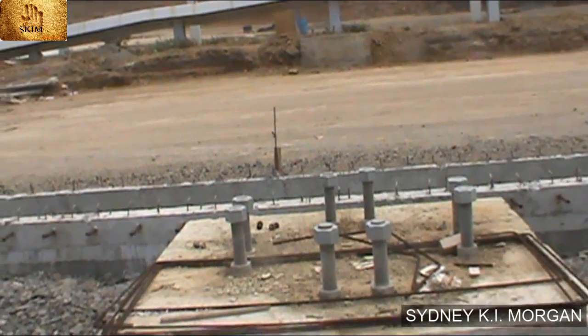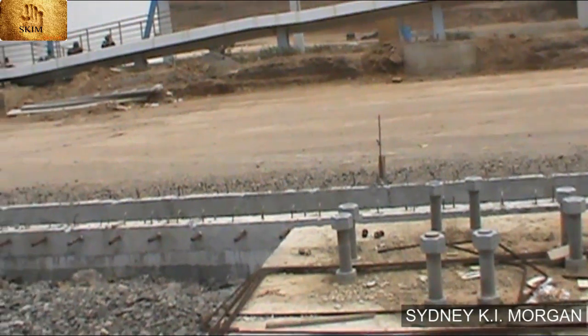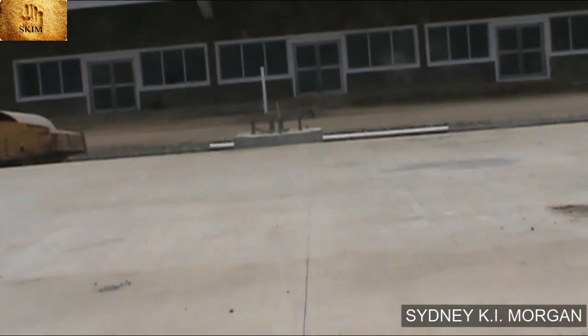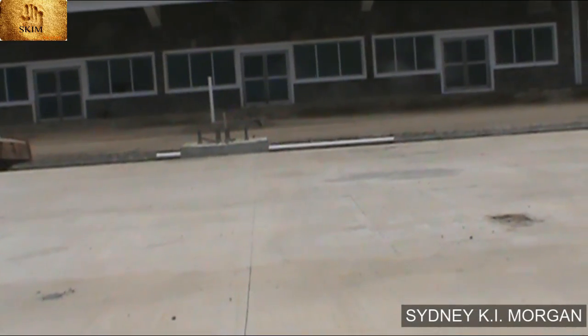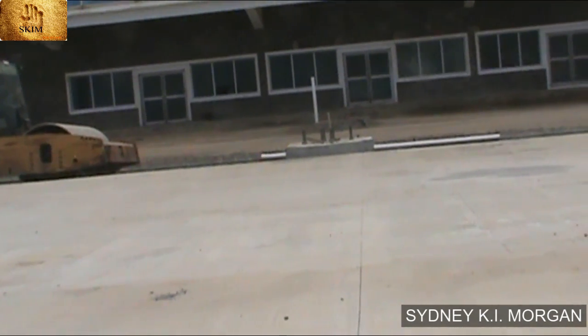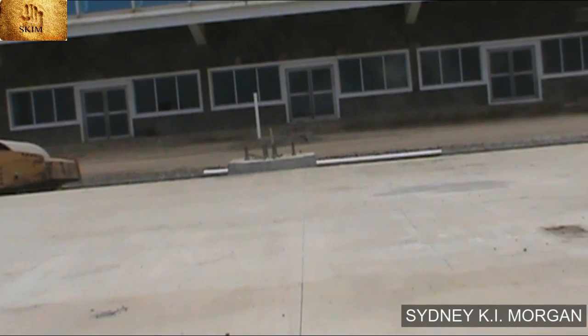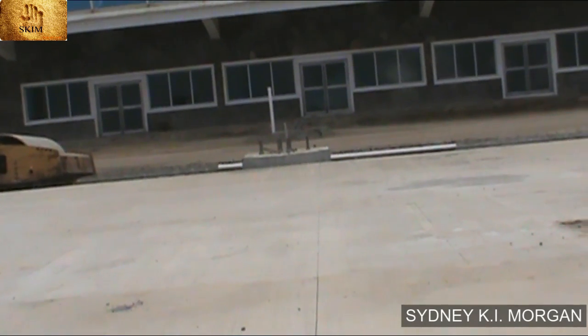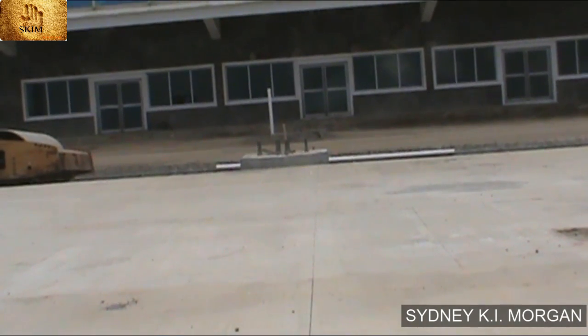They could come through this, enter the aircraft, or alight from the aircraft. So here we have the other area where the other air bridge is going to be mounted, on this side down here on the left. Now, the other one is up on the northern side that we just looked at earlier, and